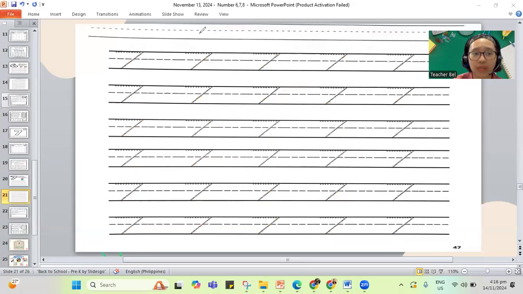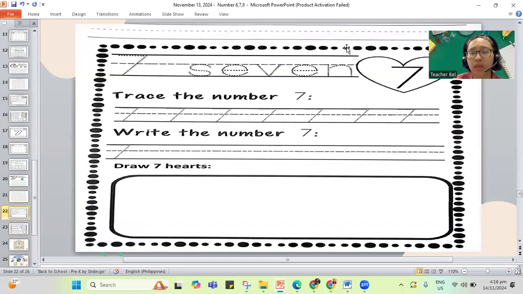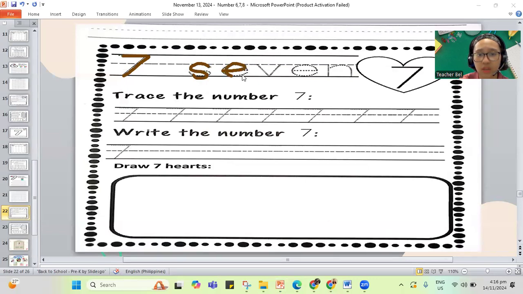Let's go to the next one. And this time, it's time for you to trace again for 7 and the word 7. So let's trace 7 and spell it out. Trace it S-E-V-E-N, and then 7. Number 7.